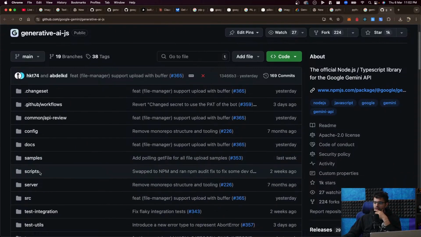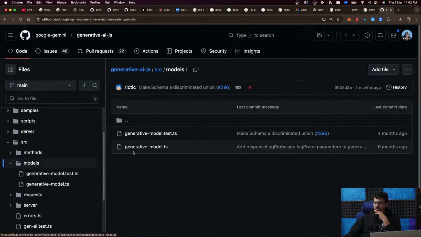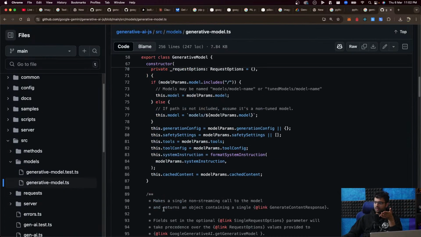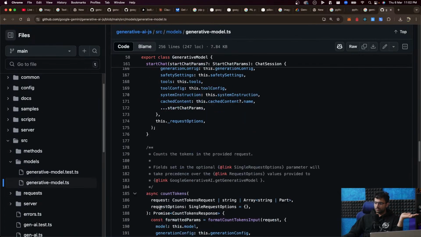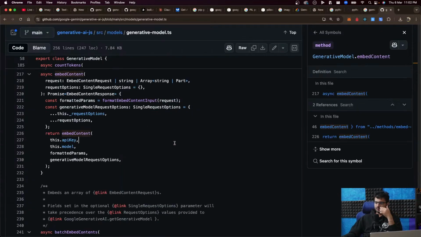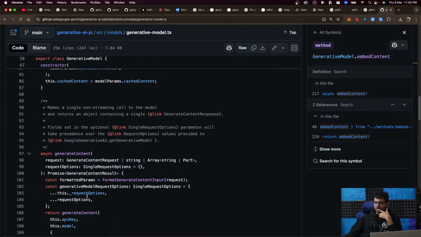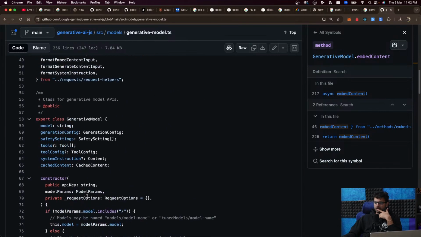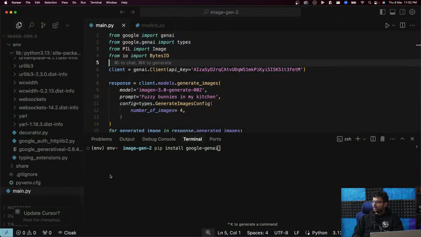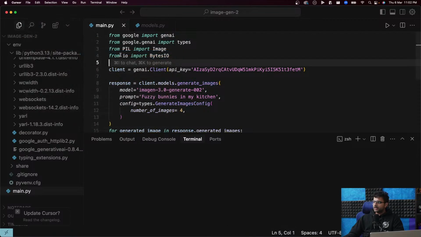We still don't know. Should we create a new folder in models called ImageModels.ts, or should we just add another function here called generate images? Most probably, it just makes sense to add another function here called generate images, and go from there. So let's do that. What does the constructor look like here? Config. Let's open this project again in Cursor. Open recent generative AI.js.